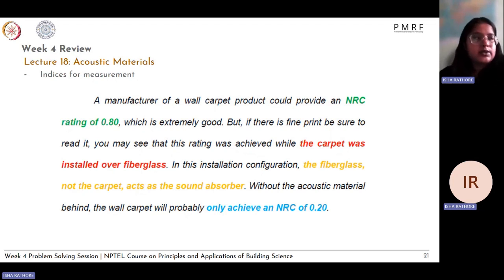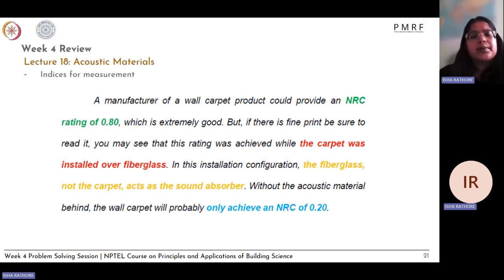So for example, if this wall carpet manufacturer tells you that the NRC, or the noise reduction coefficient, of the carpet or the product is 0.8, but when this NRC was calculated, it was calculated over the fiberglass board. So the carpet was placed on the fiberglass board, and then the NRC was calculated. But the fiberglass itself is a very good sound absorber, so it will also absorb the sound which is coming. So the carpet and the fiberglass together have an NRC of 0.8, and not just the carpet. So if the testing method has this discrepancy, a manufacturer will not say this to you, but you have to be aware of